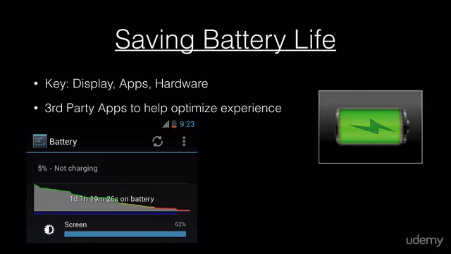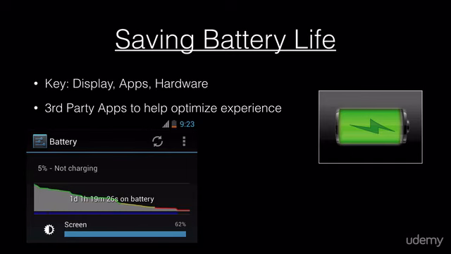Android in itself gives you a really great breakdown of what's taking up and eating your battery life on the device. So it's a great way to look back and look into the settings and look at what's really eating up your extra precious hours of device usage that you could be getting. So definitely worth going back to this chapter, reviewing all of those, and getting that extra juice out of your